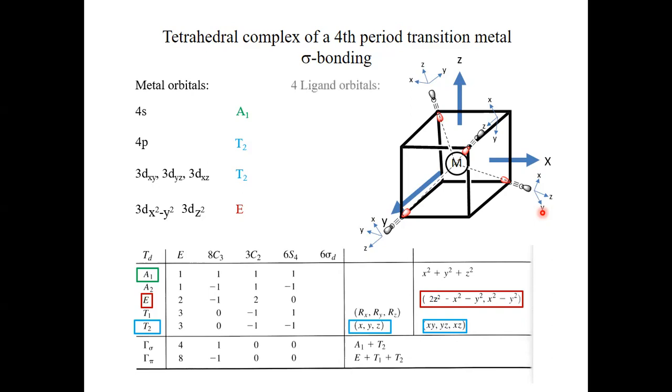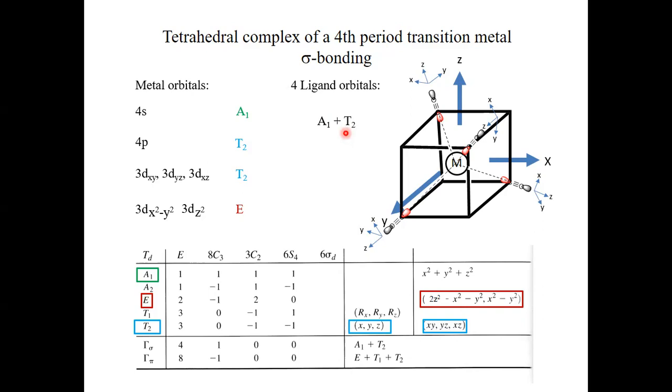Now, I again do not go through the exact mathematical formalism, but just present you the results. The result would be that one ligand group orbital has the symmetry type A1, and there are 3 other ligand group orbitals that have the symmetry type T2. So these 3 ligand group orbitals are triply degenerate. Okay? So now, with this knowledge in hand,